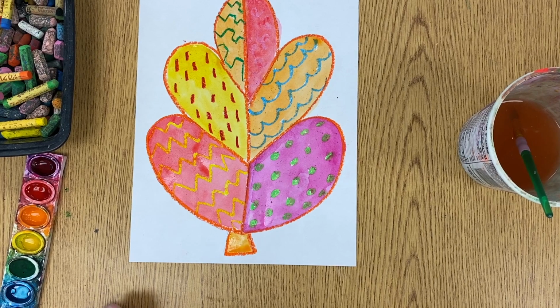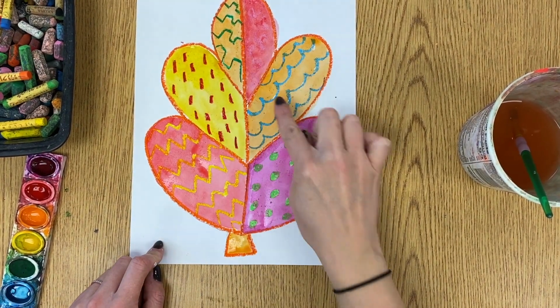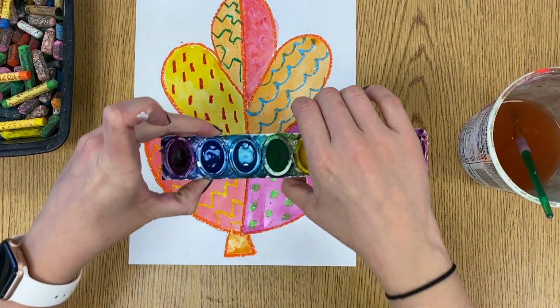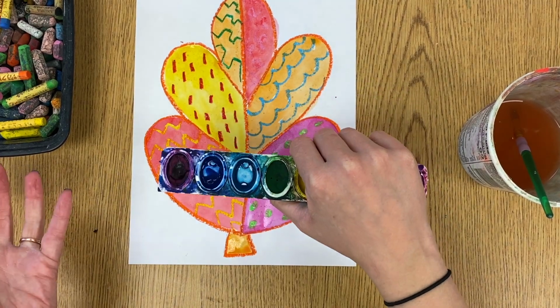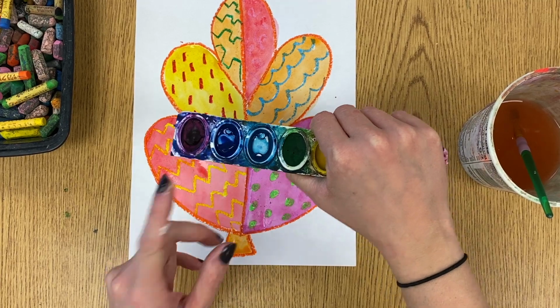All right, guys, today we're going to paint our background of our leaf. Last time we used hot colors on the leaf, and this time we're going to use cold colors in the background. So remember, the cold colors are things that remind us of cold things like water or ice. We have green, light blue, dark blue, and purple for cold